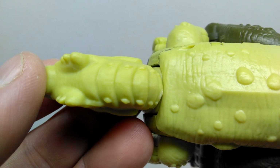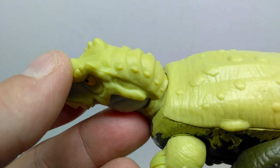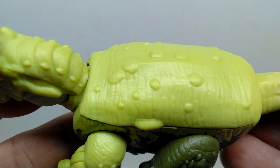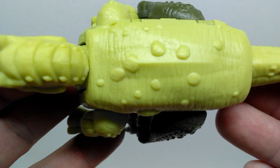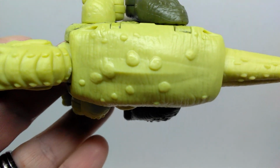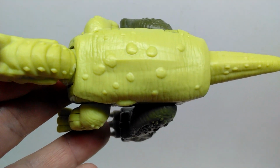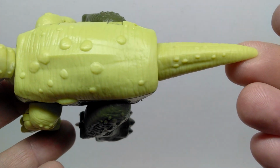As you lead back here into the neck, you start to get rows of osteoderms, or at least a row of osteoderms on each side, moving down the course of the neck. And then as you move down into the body, the detailing looks pretty decent. Not amazing, not anything that is really blowing me away, but it looks okay. It is completely covered here, though. Well, maybe not completely, but it's covered quite a bit with very large osteoderms, and you can see that they are popping up all over the place as you move through the course